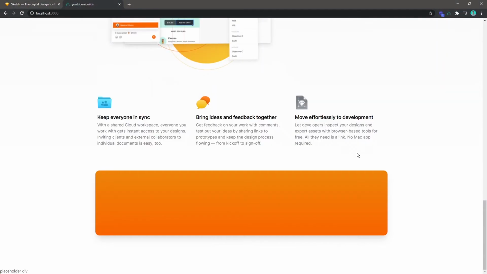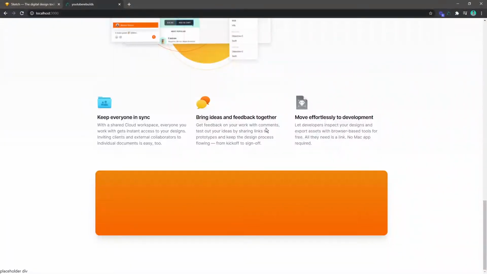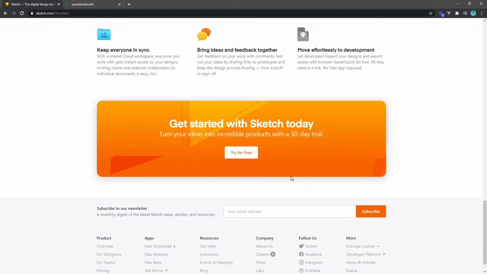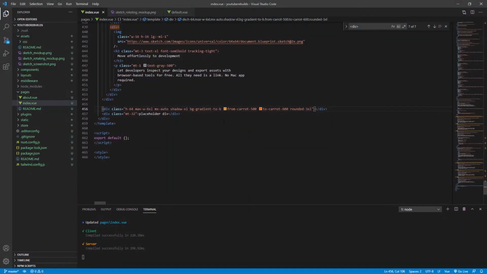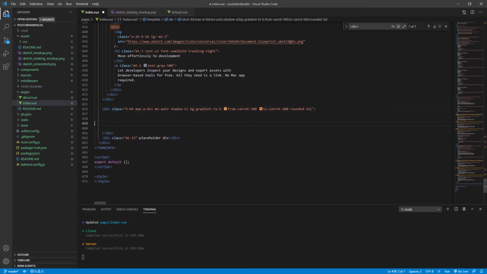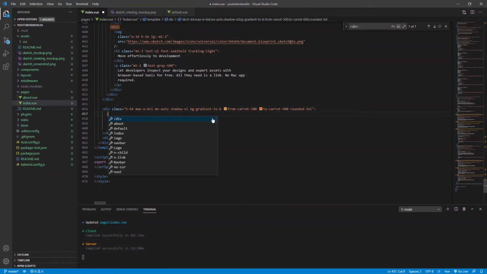It's getting pretty similar. They might even be more rounded than us. Can we go 3XL? Is that a thing? Yes, yes we can. And then it looks like they have, in all honesty, it doesn't look like this is center aligned. I think they screwed something up here. Let me see if I refresh the page if it fixes it. No, I think they actually just have a little bit of extra spacing that's pushing this to the right. Oh well. You have been investigated. Get started with Sketch today. We're just going to go